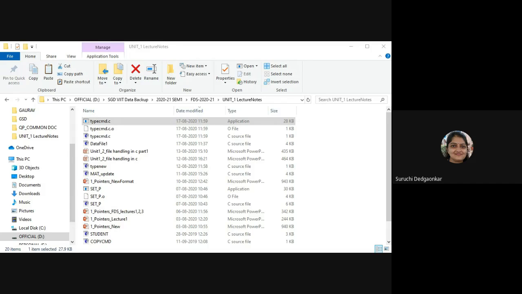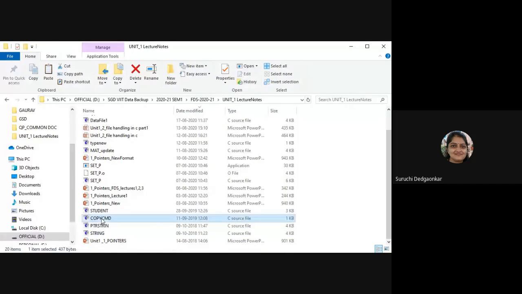I will show one more program. Just, I had asked you to write the copy command, a program for copy. I don't know whether you have written it or not. So for copy also we know that there is a command like copying from source into destination file. Similarly, using this we can do that.